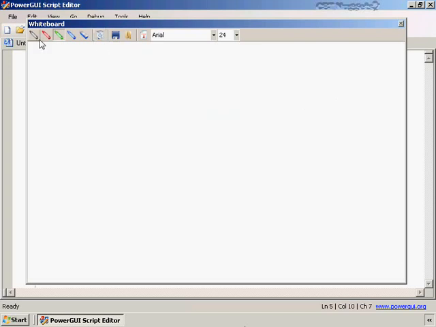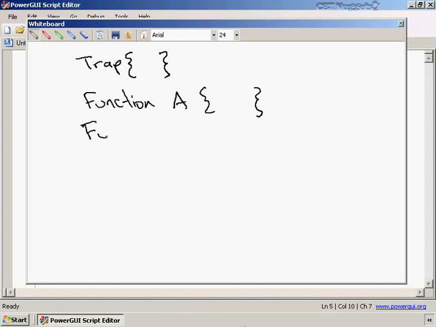So let me kind of draw that out in code. Let's say I'm inside of a script. I have a trap, and we're not going to put any fancy code inside of it. We're just going to indicate that there's a trap there. And I have function A, and there's some code inside function A. And I have function B, and there's some code inside function B. And then down here in my script, maybe I'm going to write the number 1. Then I'm going to call function A, and then I'm going to call function B,